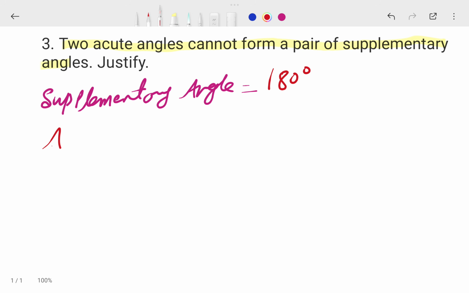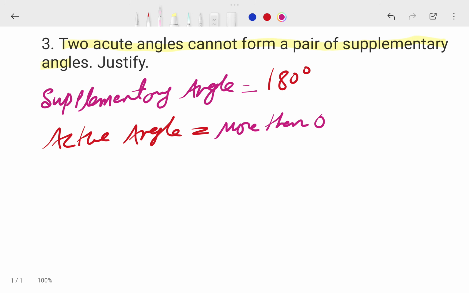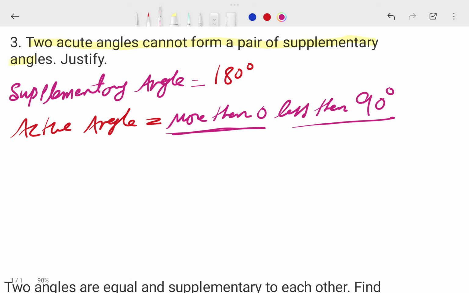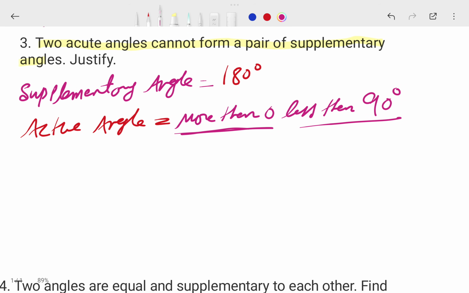Okay, and acute angle. The acute angle is how much? The acute angle should be more than 0 and less than 90. More than 0 and less than 90. So what is it going to be? So two acute angles cannot be a pair of supplementary angles. Yes, is it right? Because the supplementary angle is